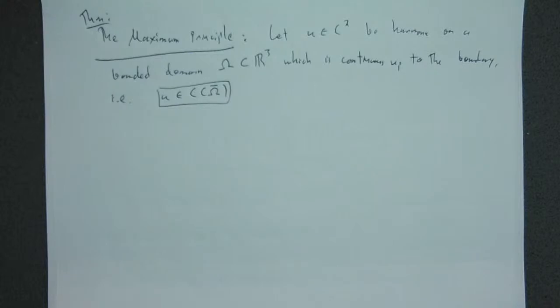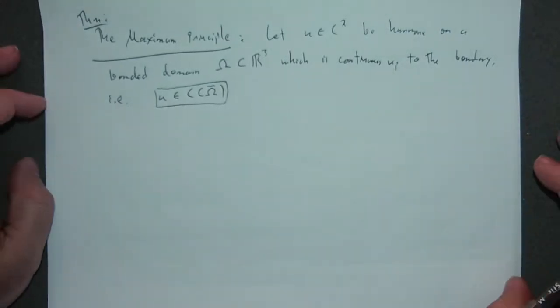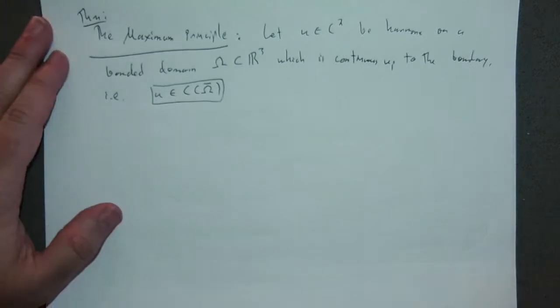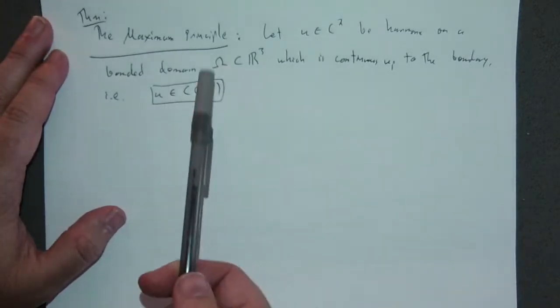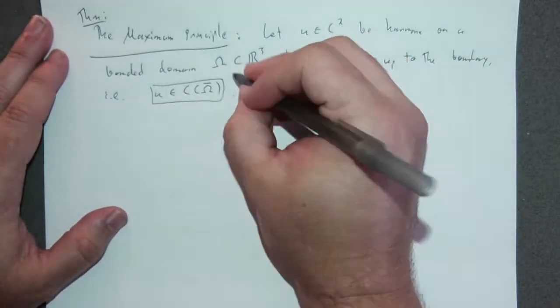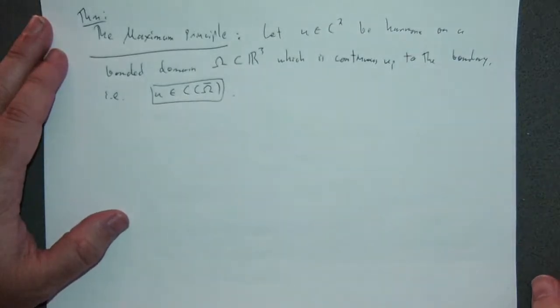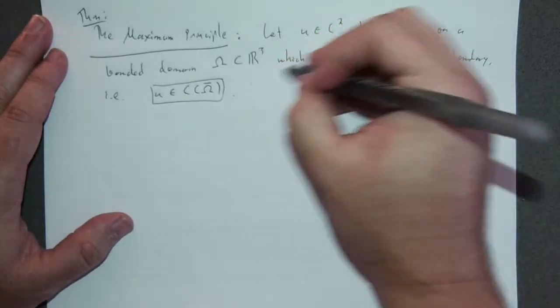So this is being very technical here. This is allowing for omega to be slightly more general. We can do away with this entirely if we're a little bit more restrictive on the domains in question. So if we view omega